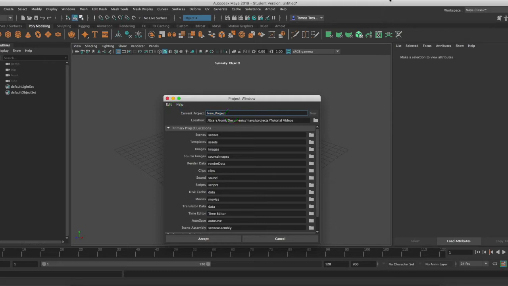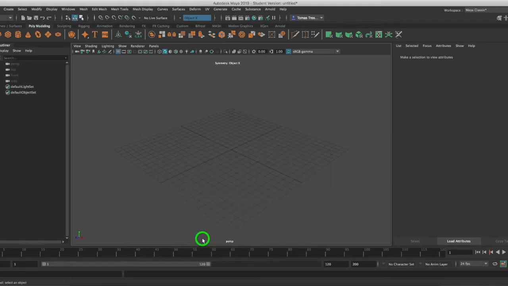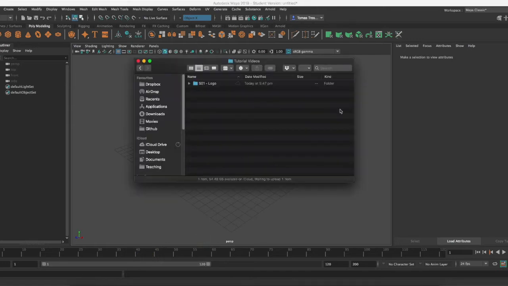I name my folder S01 and logo. I click on accept, and if I go into my Finder, or in this case in Windows, File Explorer,